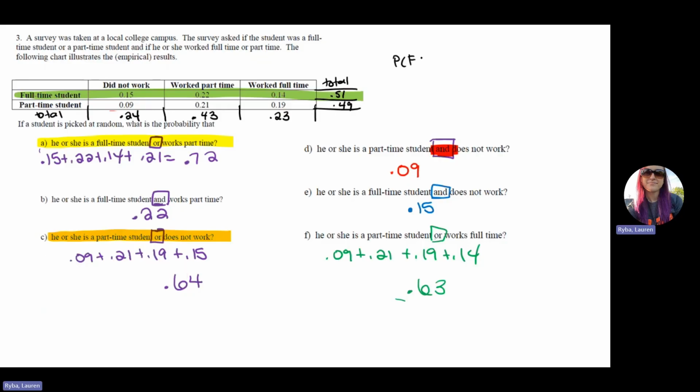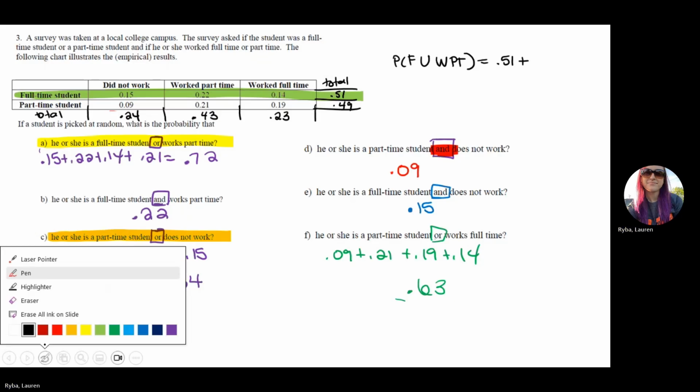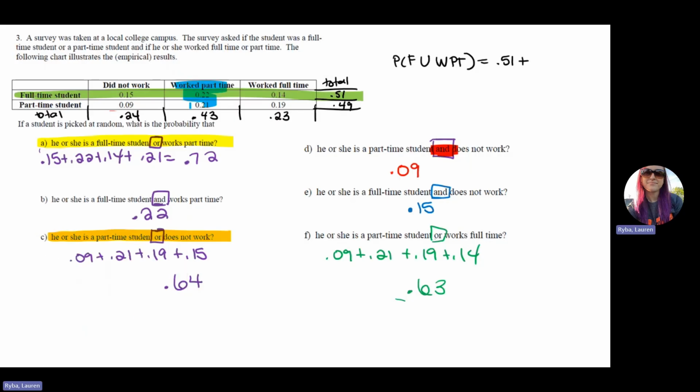Probability of full or works part-time. So I can take the probability of full, 0.51, plus the probability of worked part-time. That is this one,